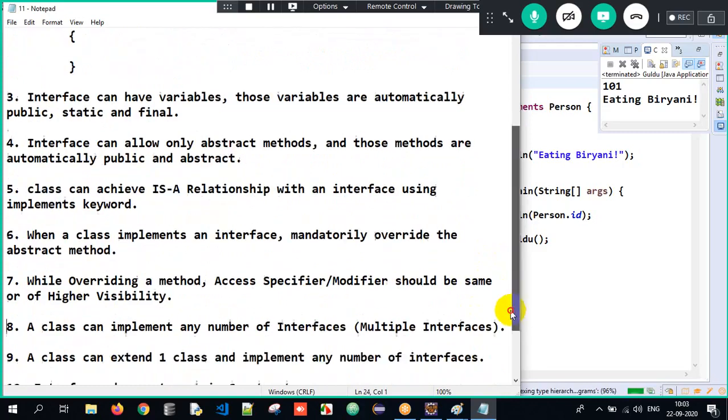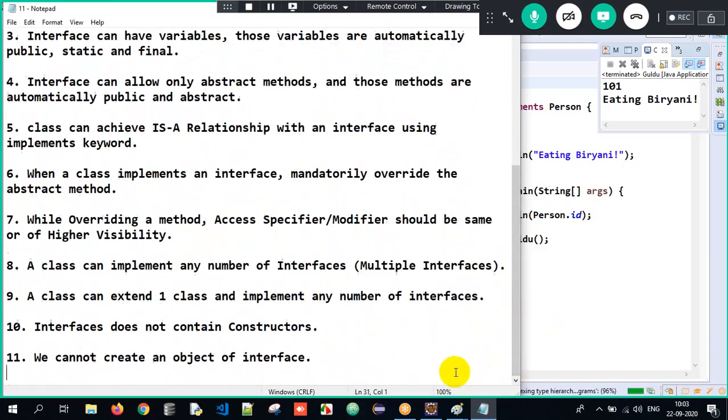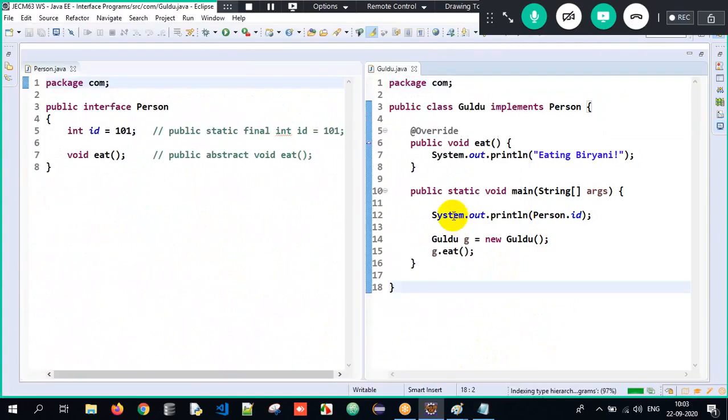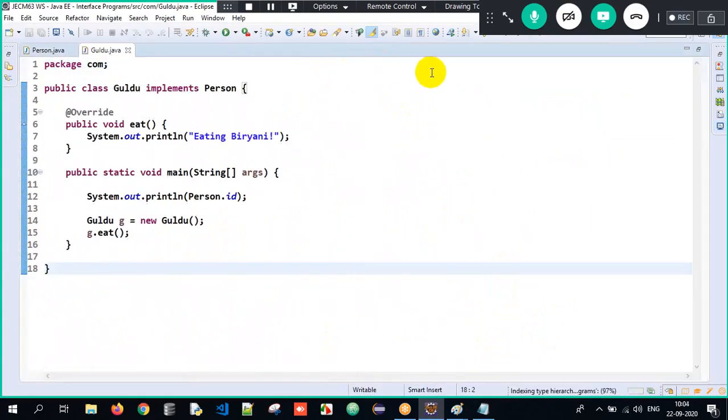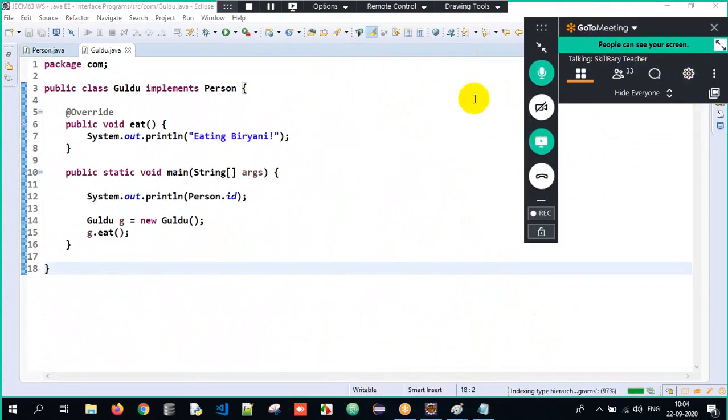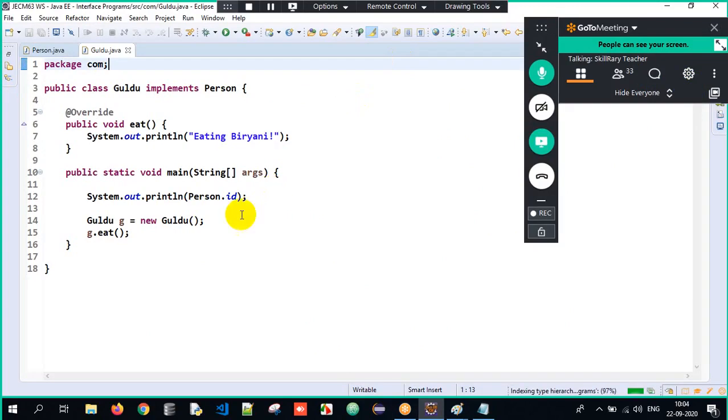So the remaining points we'll understand in a couple of minutes. Clear? This is all about it, guys. Trust me, this is one of the easiest topics if you have understood. If not, this will give you a lot of butterflies. I'll tell you here. One more good example we'll try to see.